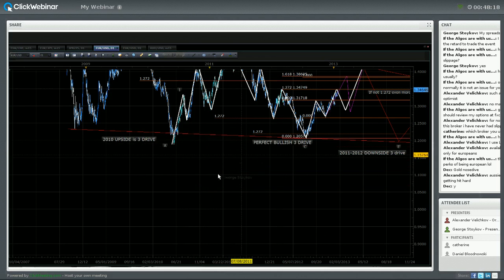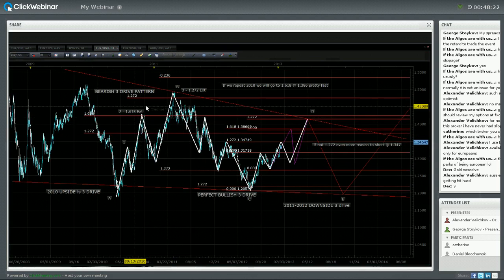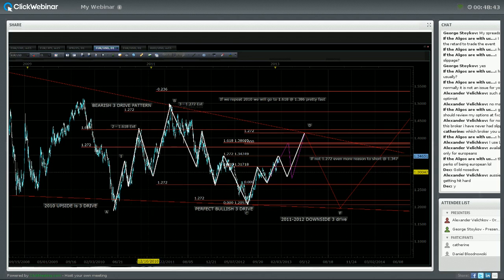Now, the tree drive that we had from 2010 was perfectly symmetric in terms of timing. It was perfectly time symmetric. However, it was not perfectly price symmetric. We had the extension of the first wave go all the way to the 161.8 extension. You would have expected that the third wave of this tree drive pattern to finish